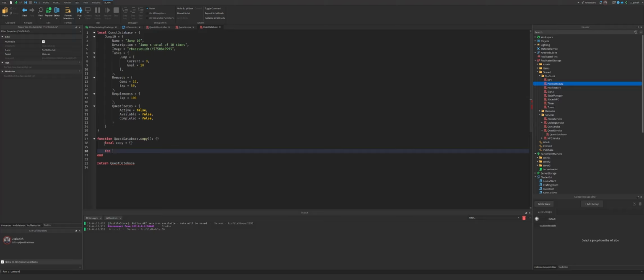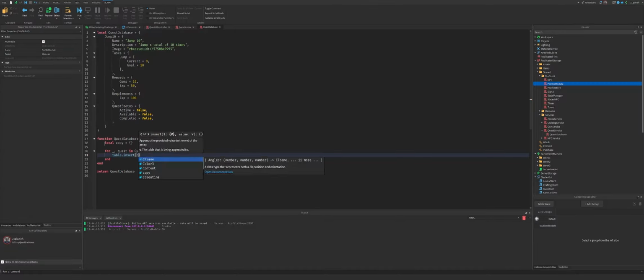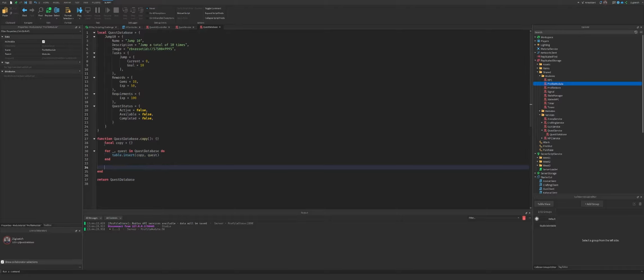Doesn't matter, because we're not going to access them in an ordered way. We're just going to directly search for it. So we'll say for underscore, quest in quest database do, we're going to set table dot insert copy, quest, and then we're going to return the copy. All right, so yeah,